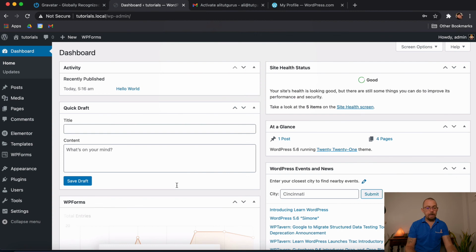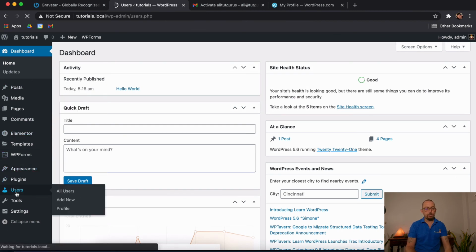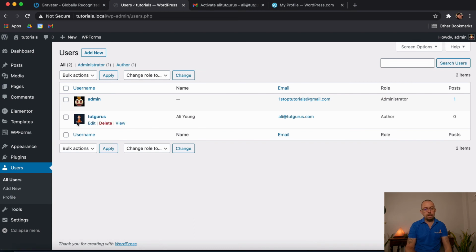And once I'm inside of here, you'll now notice I have full control over the website. And when I come to users, you'll now see that because I updated on my profile, as I'm the admin, I can see what your image is as well. And now inside of here, I have 2 email addresses. So that's how you work with users. That's how you create them. That's why you would create them. In the next tutorials, we're going to be coming through settings and some other things.